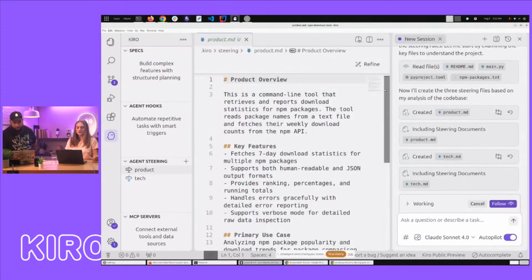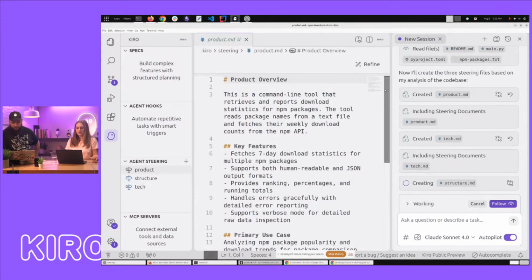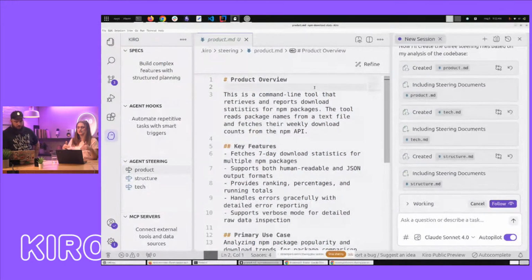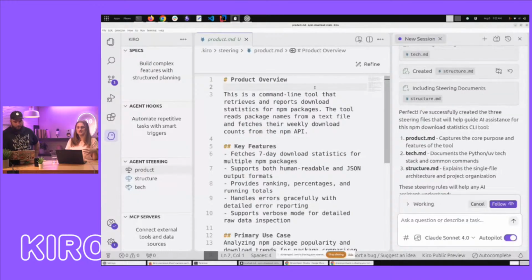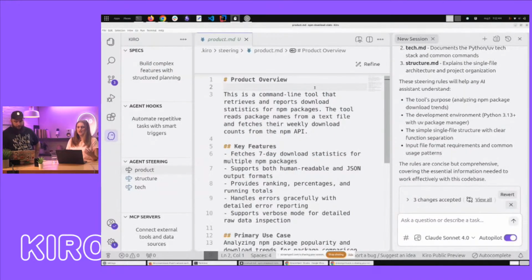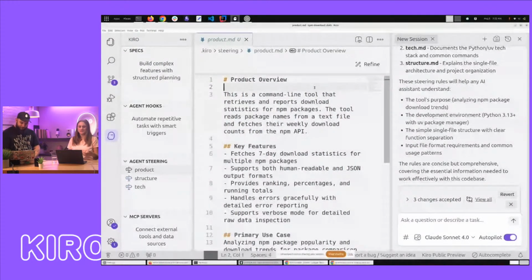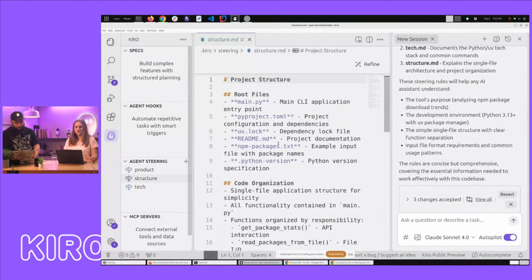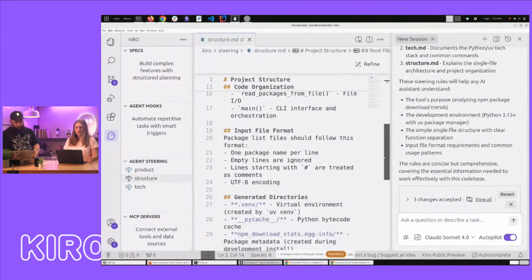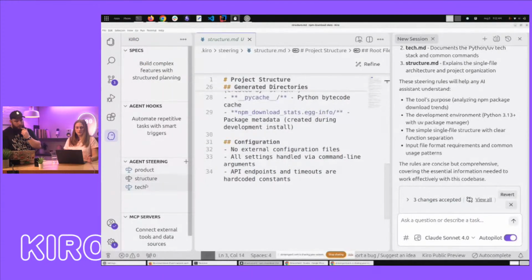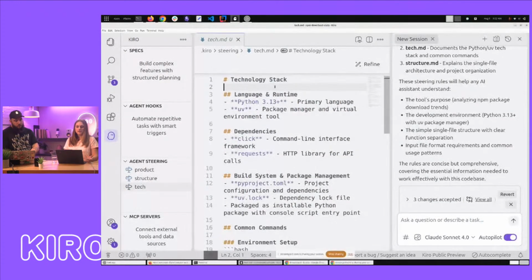Yep. But yeah, so it's generating three steering docs here. One is kind of the product overview, which I like, because instead of getting into just the technical details, it just says, here's what this thing actually does. Yep. Because often when I jump into a code base, if it's not documented, I then have to go read all the code and figure this out. Right, exactly. Okay. So then it's looking at the structure. It's telling me here's the code organization. This is a really simple project, but it tells me what the structure is, that it's Python, and then what the technology is. So you can see my main dependencies here for putting this all together.